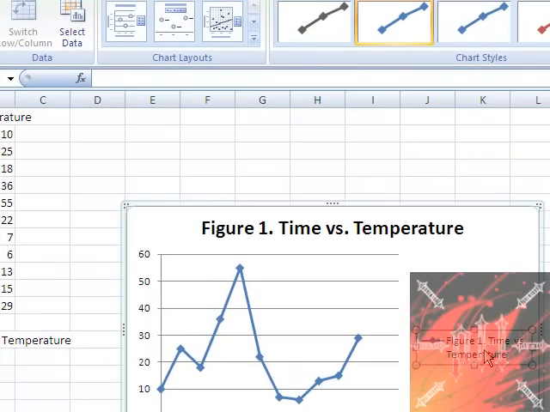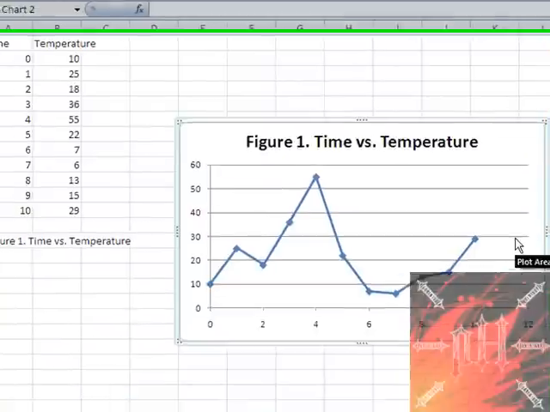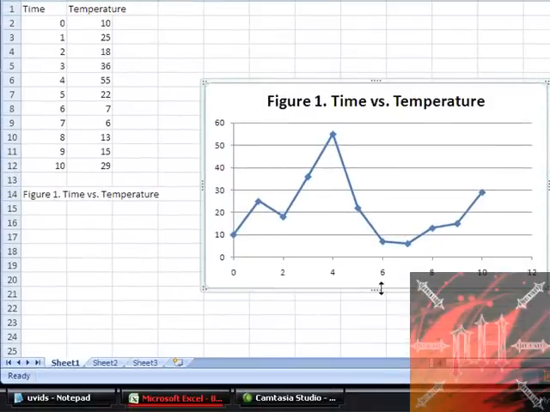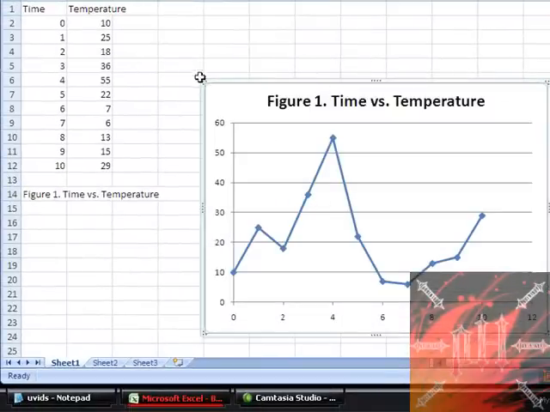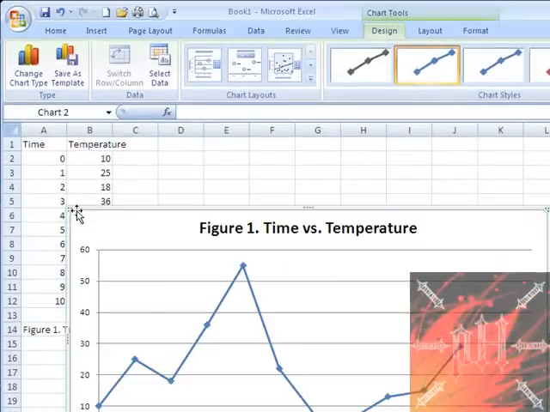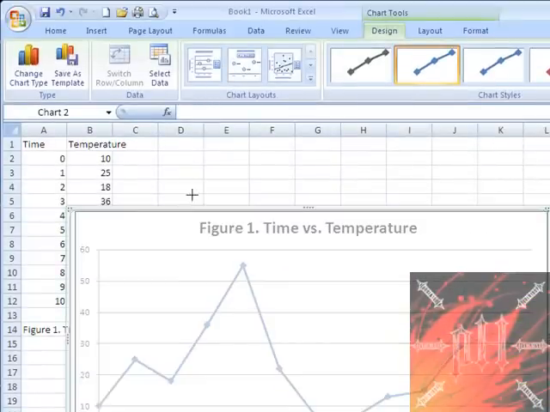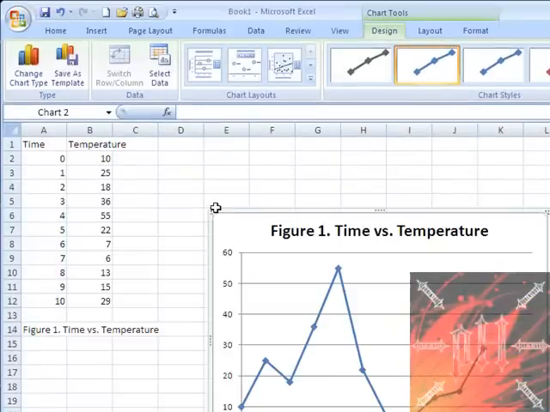You don't really need this, so just delete that. Click on it and push the delete key on your keyboard, and you can resize this to however big you want, and it'll change the shape of the data on it. You could, yeah. Alright, to add names for the axes, if you look up here under the chart tools, the